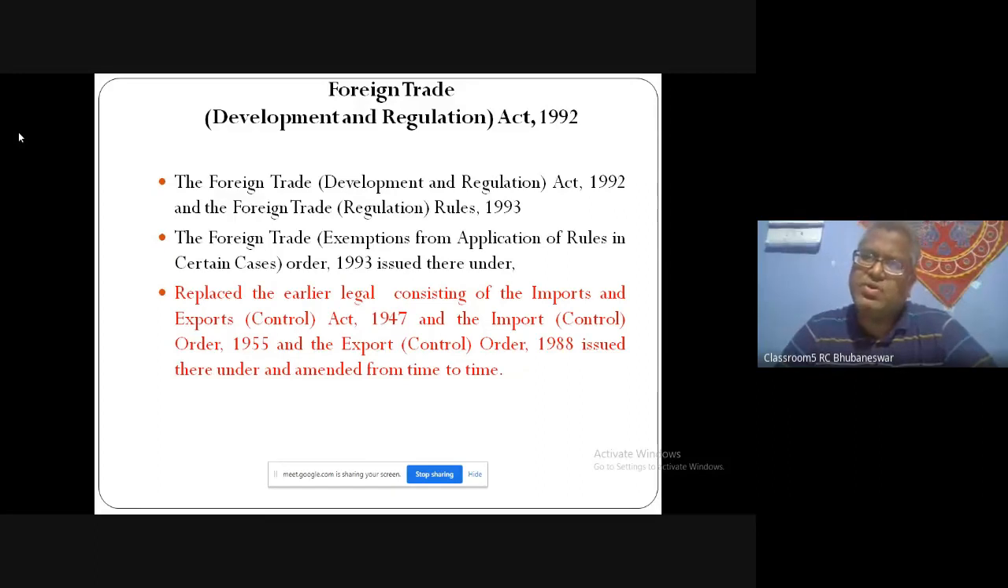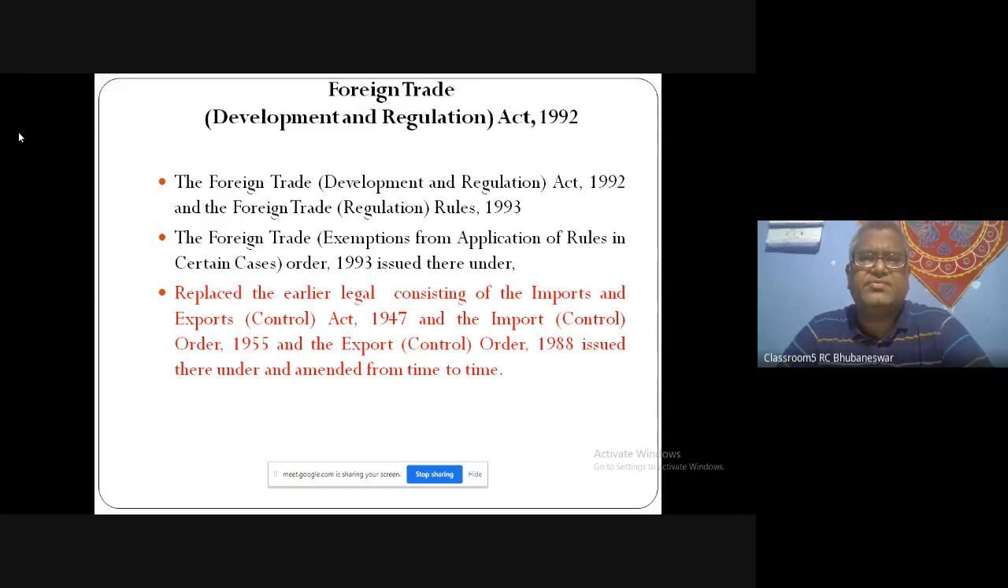But first we should know about foreign trade, which you already know: the exporting and importing of goods and services, relating to the internationalization of business. In foreign trade, the particular act was established in the year 1992, as the replacement under a new name, called the Foreign Trade Development and Regulation